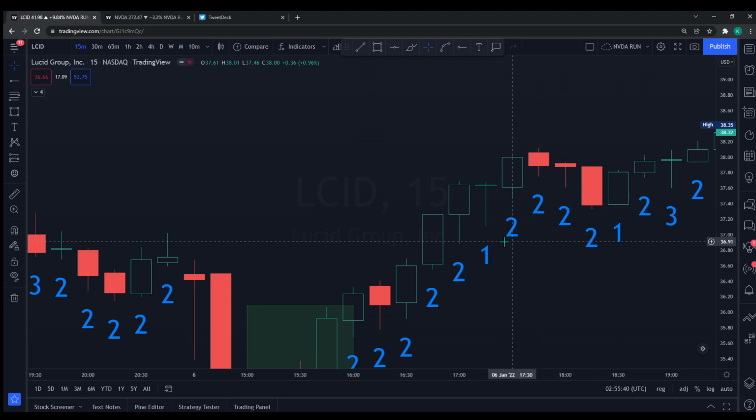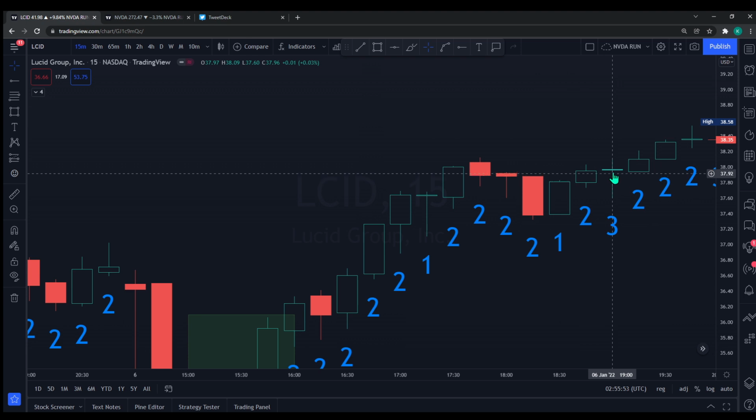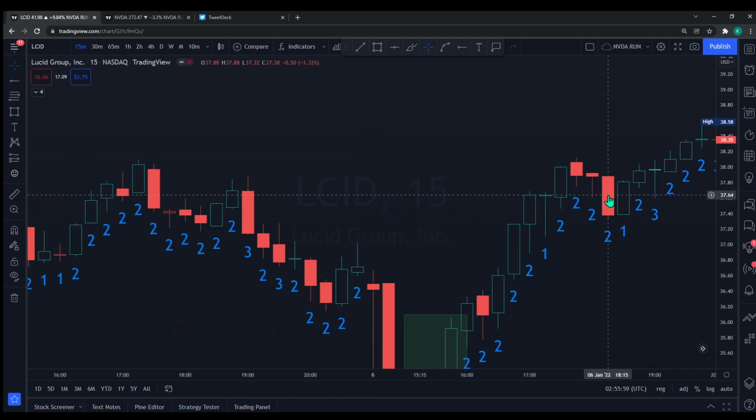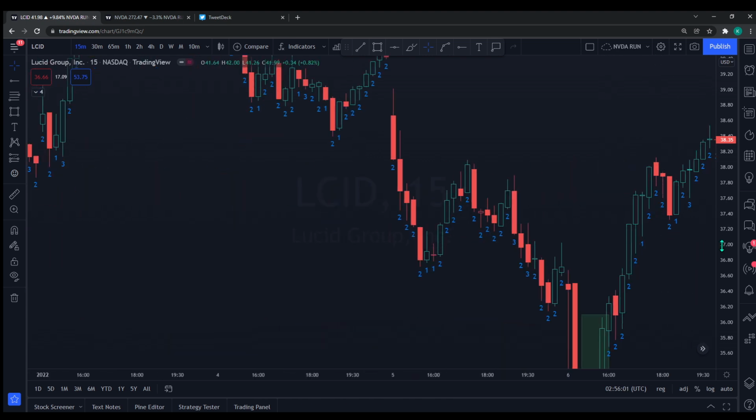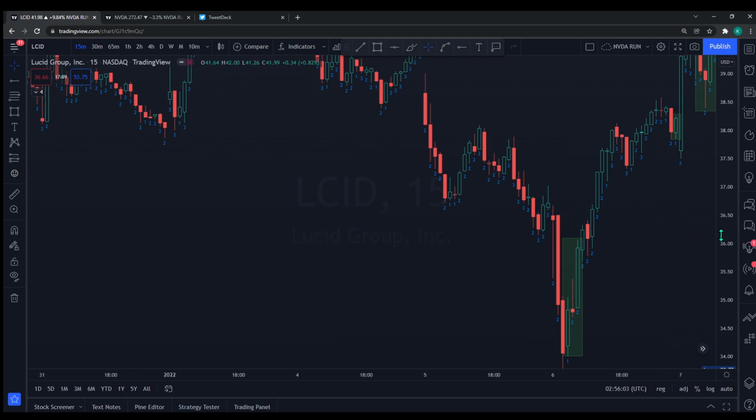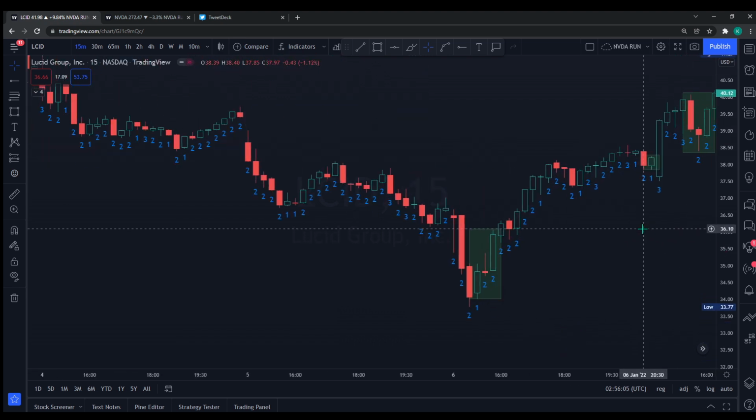A 2 candle is a candle that broke either the high or the low of the previous candle. In this case, this is a 2. It broke the high of this candle, which makes it a 2. A 3 candle is a candle that broke the high and the low of the previous candle. All right, so you're going to need to know these 3 candle types in order to efficiently and effectively play